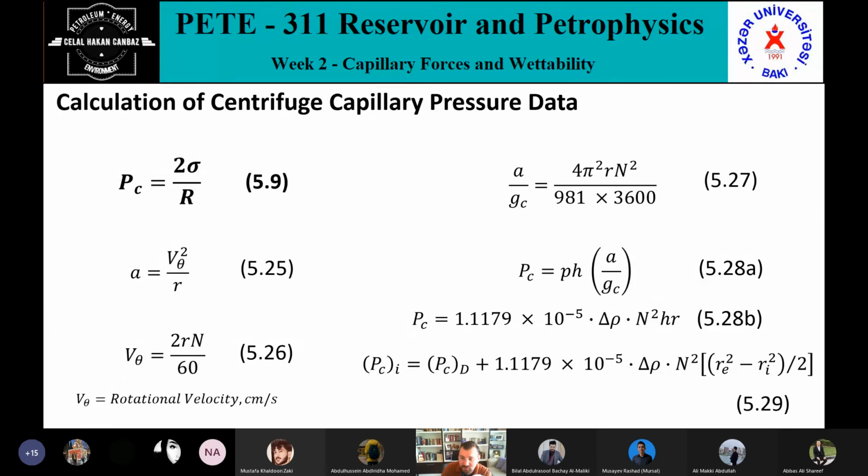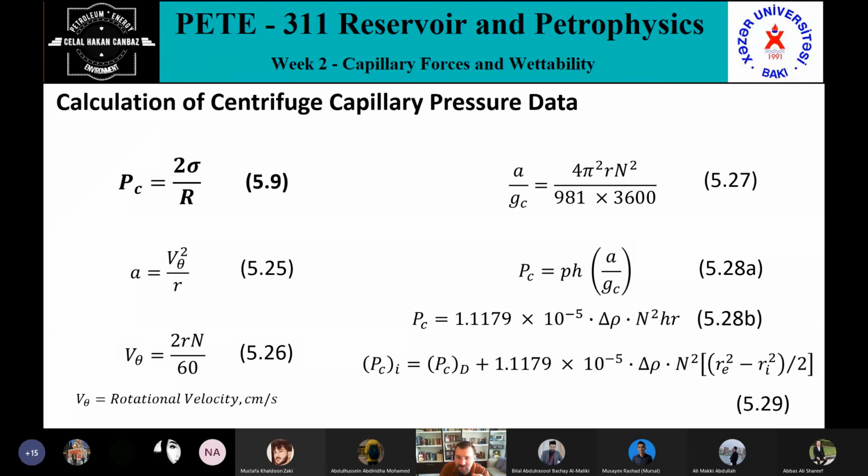Okay, and this is revolutions per minute. You can record this one when you are making your measurements, and you put it as the n value and divide it by 60, which gives you the rotational velocity. Okay, so here in 5.27 actually,